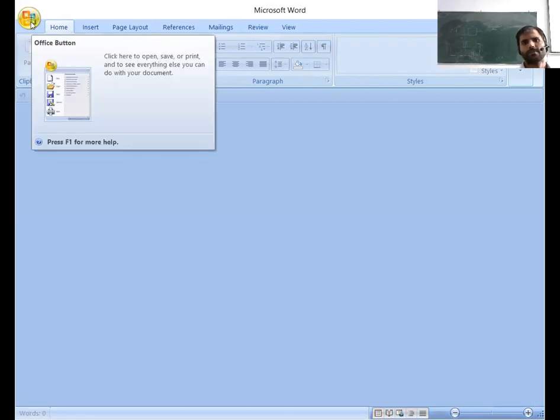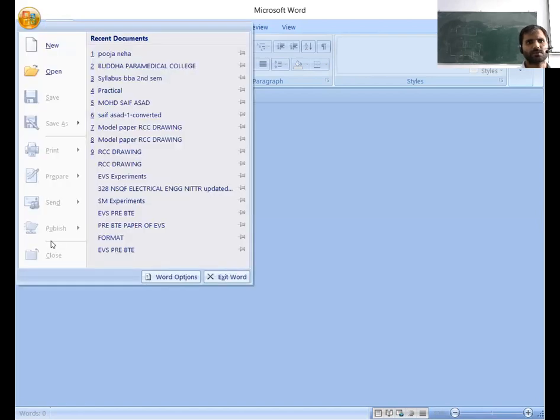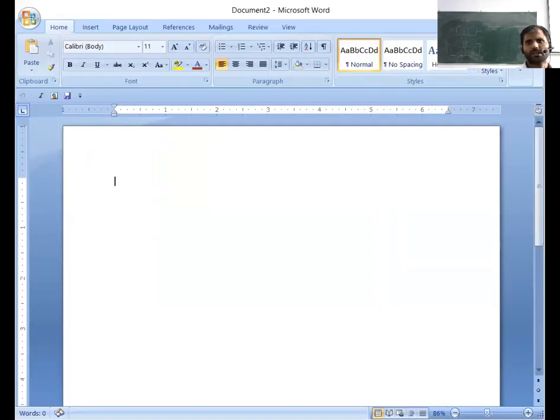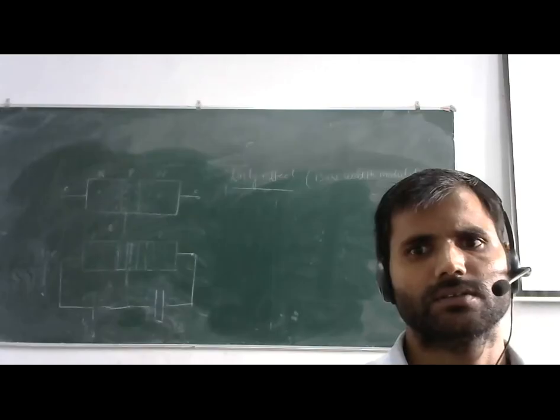So you can see your application doesn't close, but your file closes. I'm clicking on close. And in the title bar you can see the close. If you click on that, your application will close like that. It has been closed.